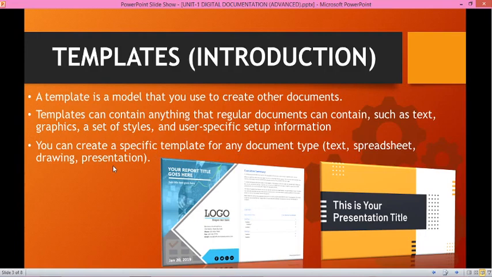presentation. Templates can simply be called a sample document that already has some details in it, which can be edited to create the specific document. Templates even help the user in saving time and effort while making a professional document. We can either create our own templates or download them online and edit them as per our requirements.